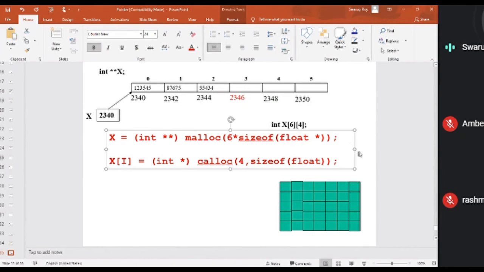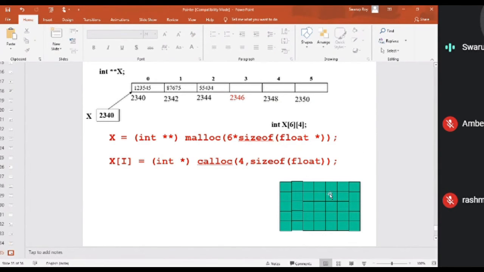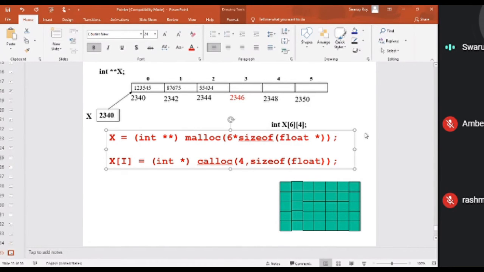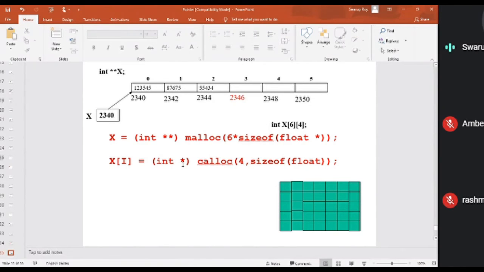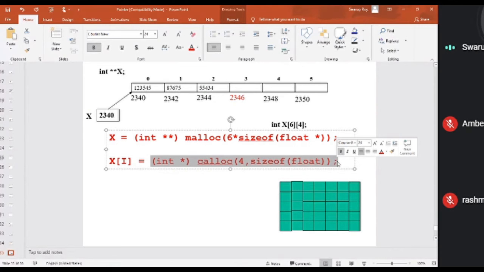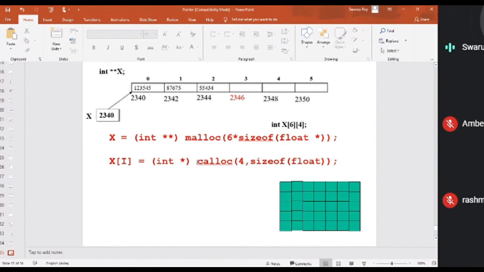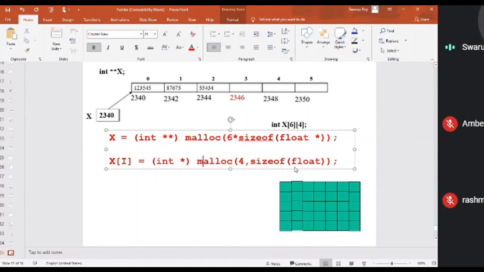6 rows, 4 columns. ये डायग्राम को भूल जाओ, डायग्राम appropriate नहीं है, इसको साथ कोरिलेट मत करो. Just try to understand that the array that I have declared is of size 6, so my number of rows will be 6, and each array size I am going to make 4. So that is the number of columns. It will create memory like a normal memory allocation. Either you can use malloc or calloc.